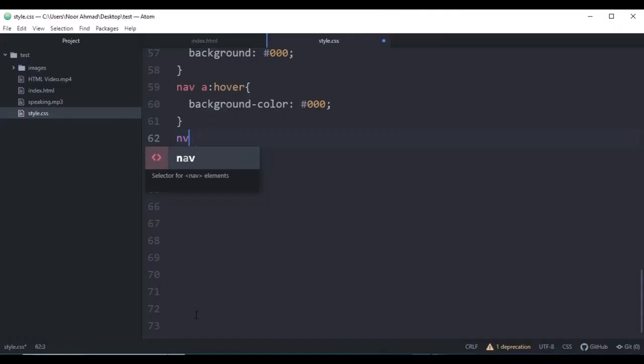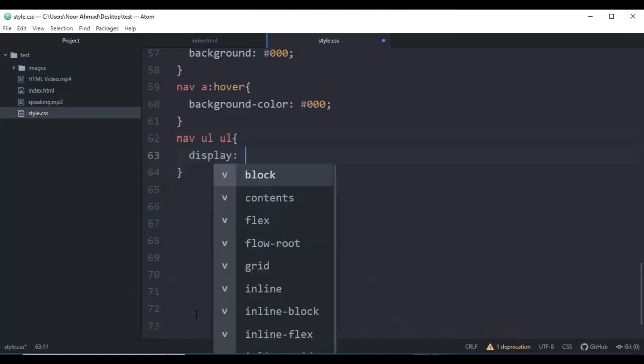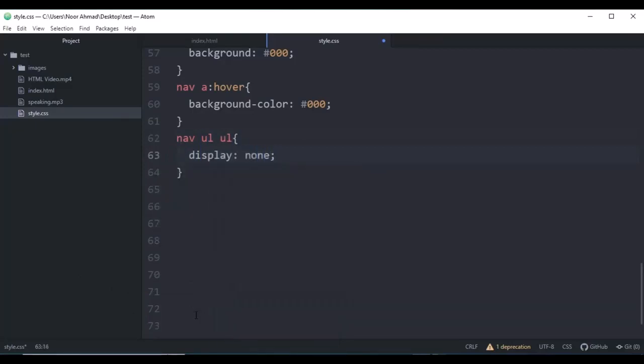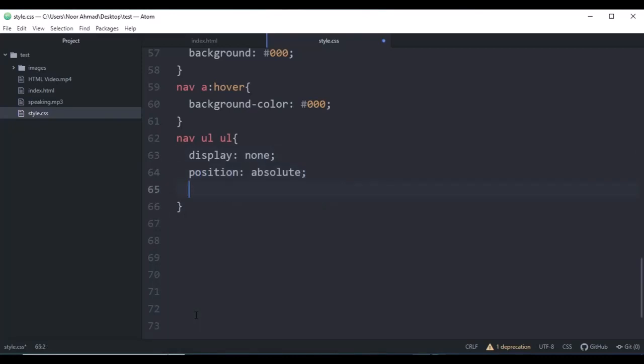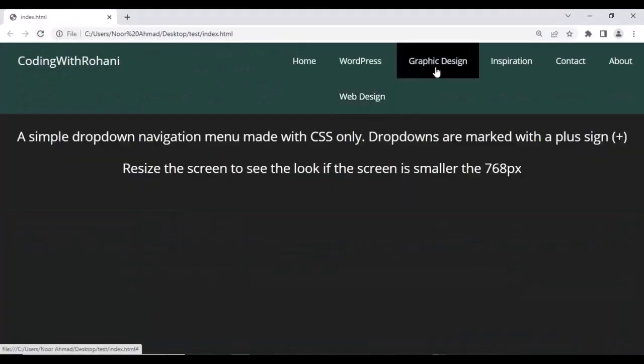As you can see, target nav again UL and UL, so it will display none. So we are going to hide all that drop down menus for now, and position will be absolute, and top margin will be 60 pixel. Let's save this. Let's check whether it works or not. As you can see, all the drop down menus are hidden for now,